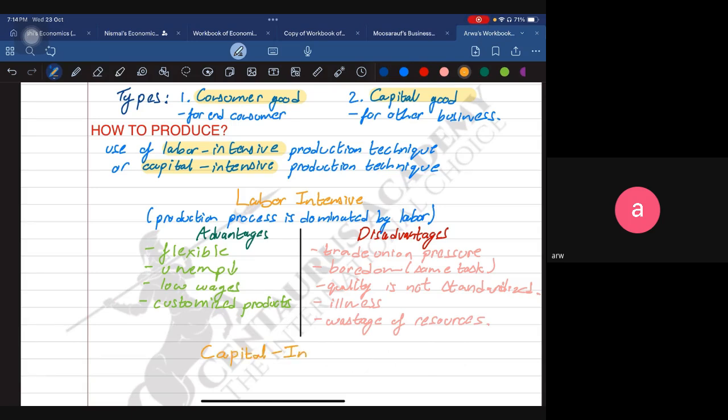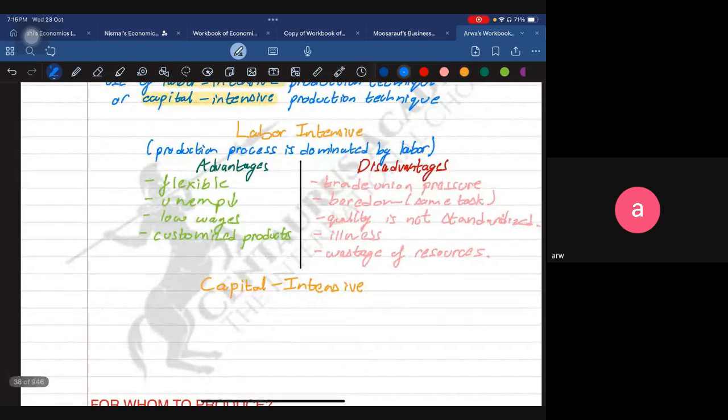We have talked in complete detail about this. We are talking in more detail about labor and capital intensive because you may see an 8 or even a 12-mark question regarding that. So you should have enough material to discuss there as well, and in comparison, specifically. So now, if we talk about the capital intensive,